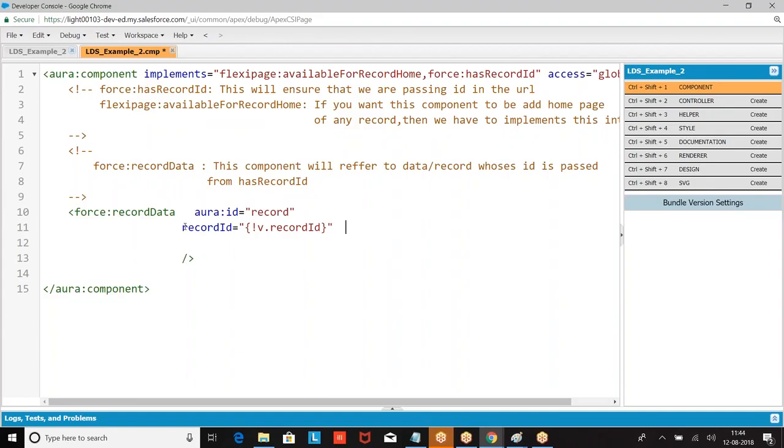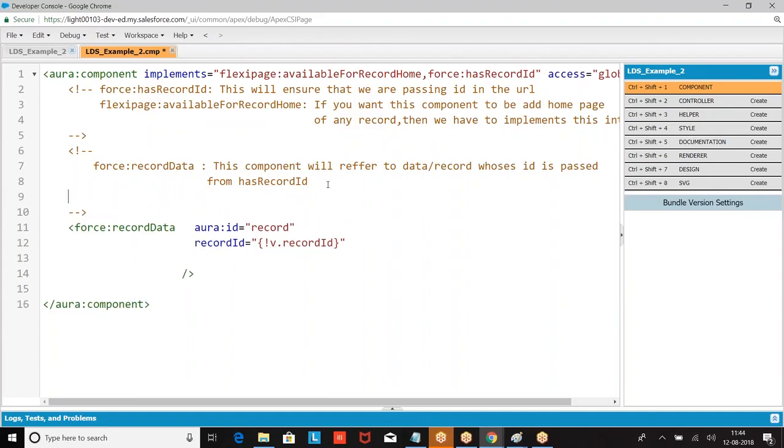Record ID will refer to the ID of the record which is passed in the URL.